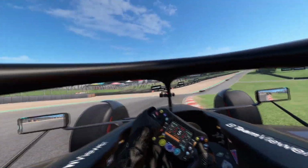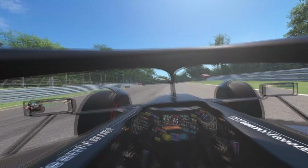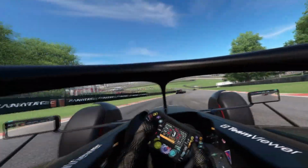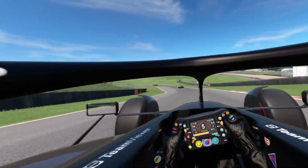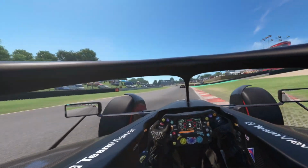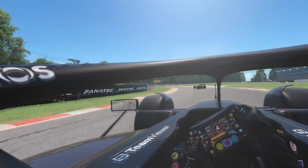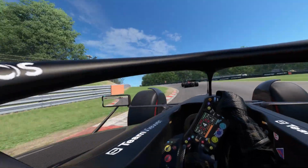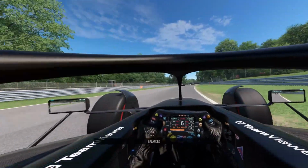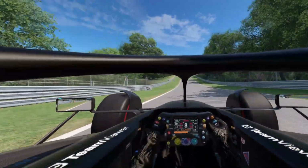Only 9 corners this track. Oh, that was a good exit out of Paddock Hill, and late on the brakes against that Ferrari there. Oh, there must have been an accident on the first lap through that hairpin there. That might probably be the circuit's best overtaking opportunity. However, I don't know if that really works like this for Formula 1 cars. This depends on how easy it is to follow through Paddock Hill Bend, and of course there won't...